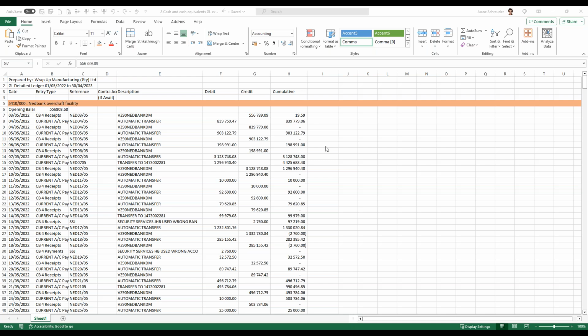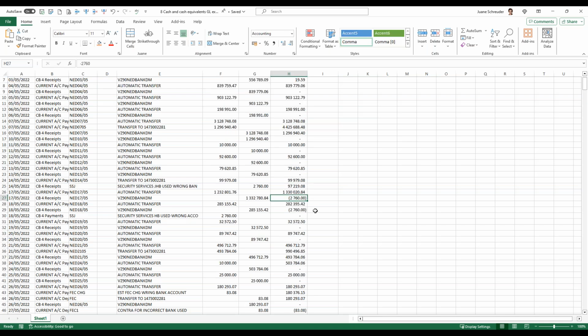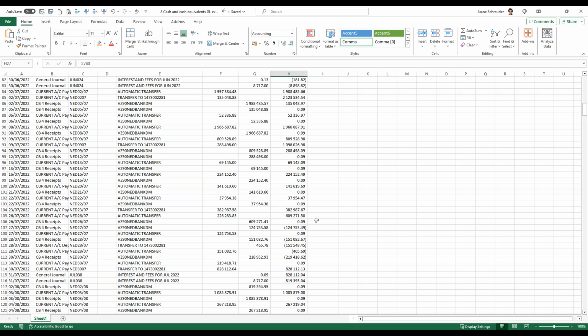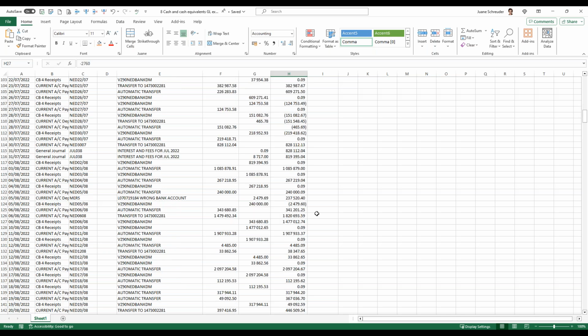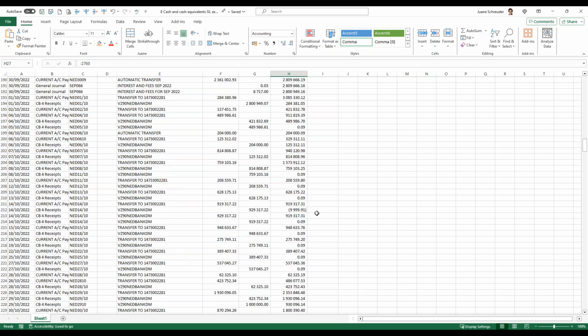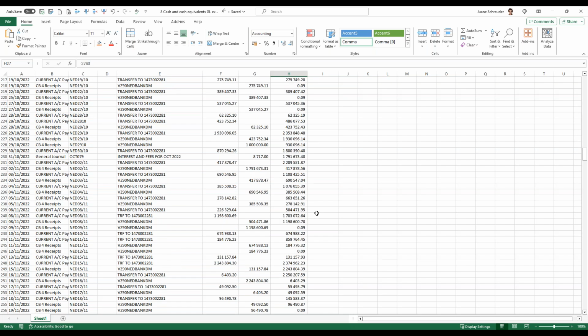So let's have a look at what we see. The cumulative balance, there was an amount paid, it came to very close. Then there was an amount received, the balance went up again, down to zero. Positive zero, positive zero, positive, positive, positive zero, and so forth. Then we actually go into the negative. And so we actually continue until eventually quite a lot further down,